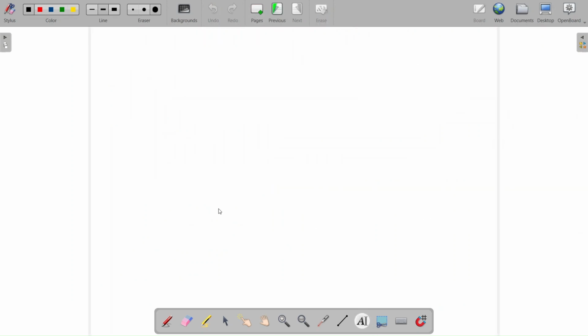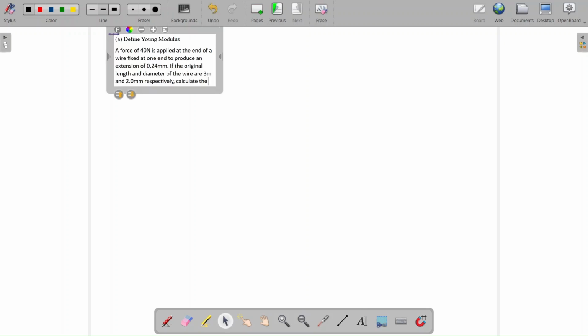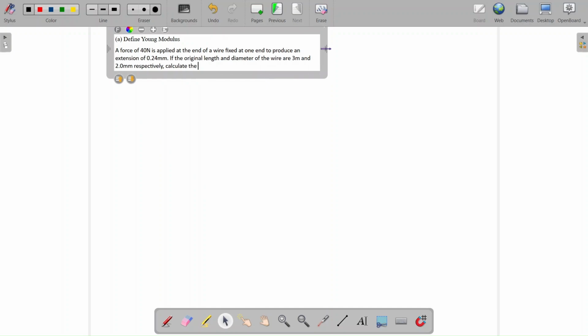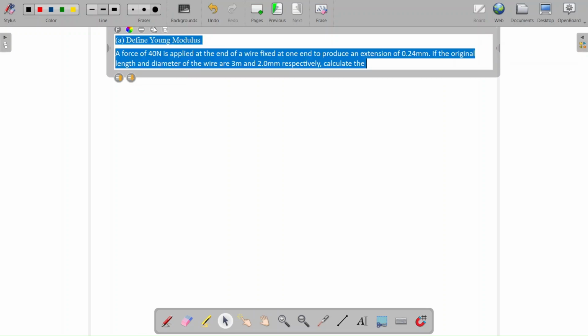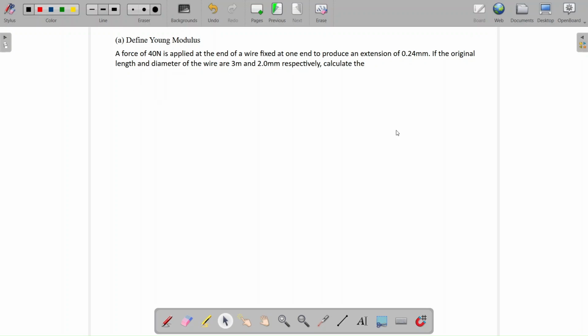So you have this. So you have Young modulus and then this. Just like we did the definition, if we are to define Young modulus, you say Young modulus is the measure of elasticity,